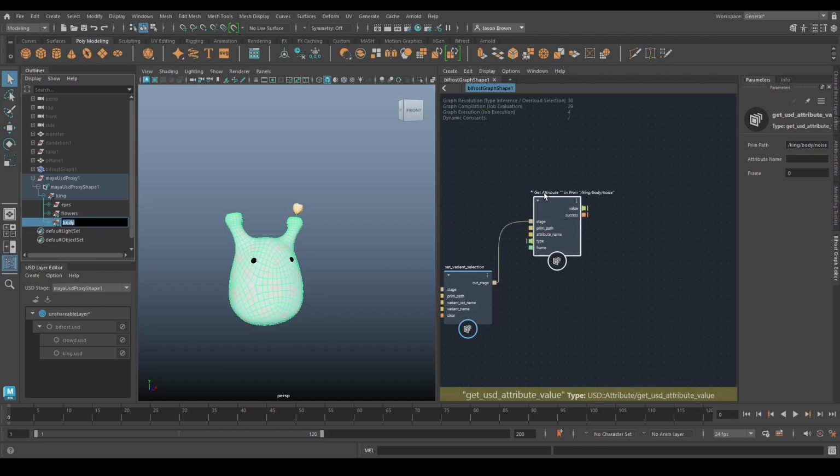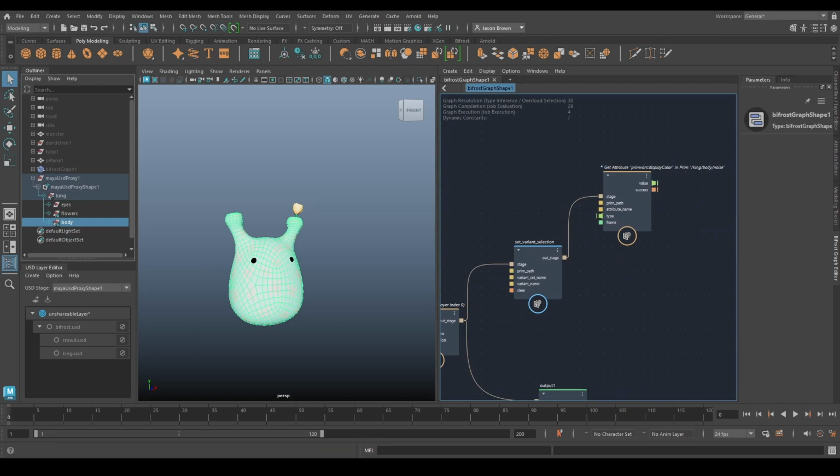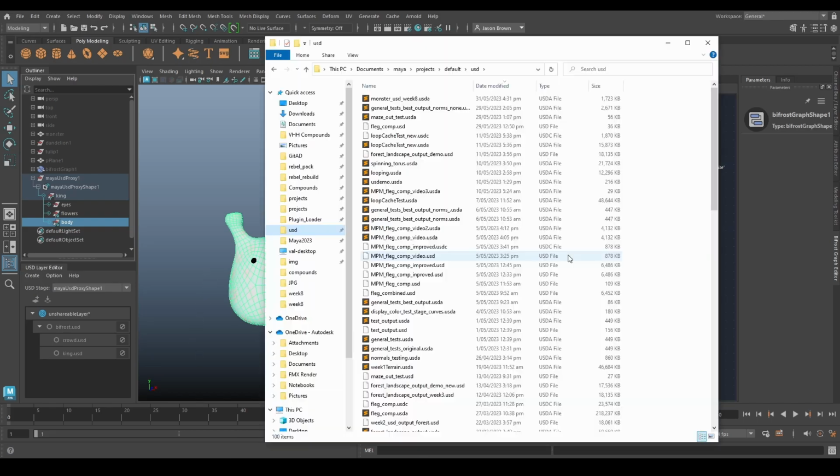So we're getting the attribute, whatever attribute we're getting. And the attribute we're getting is primvars colon display color. So you can kind of see what we're doing here. If I just go across to our ASCII file, if I go to my USD directory and just open this text file,